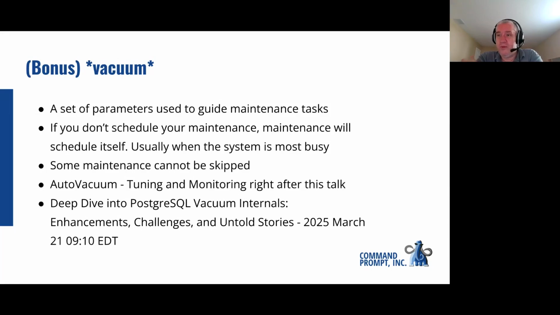So we finished the main part of discussing the trade-offs of different pieces of shared memory versus work_mem versus number of connections. Let's go into the bonus round, which is vacuum. There is a lot of talk generally about vacuum and optimizing vacuums, and it is a very important topic. So we're just going to include it briefly here. There is a set of parameters that is used to guide maintenance tasks. I mentioned earlier in this talk that